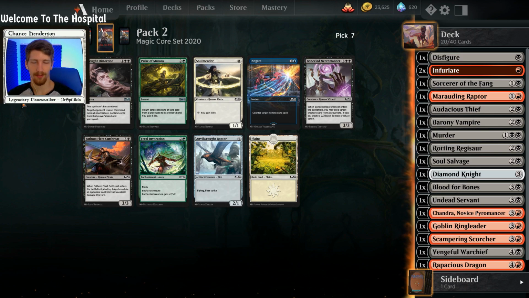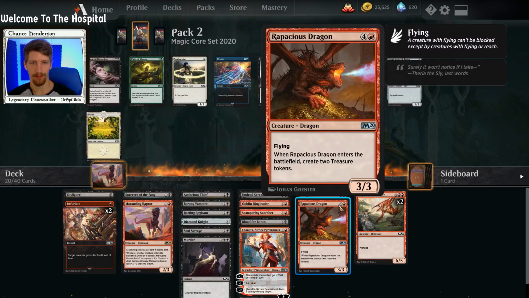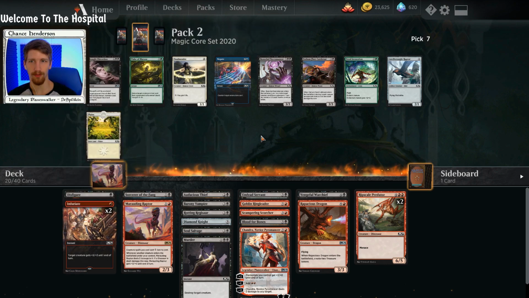I don't know if it'll make the final cut. Let's look at our deck from the other side. We got a whole bunch of 3-drops, a whole bunch of 4-drops, and not a whole lot of 2 and 1, so